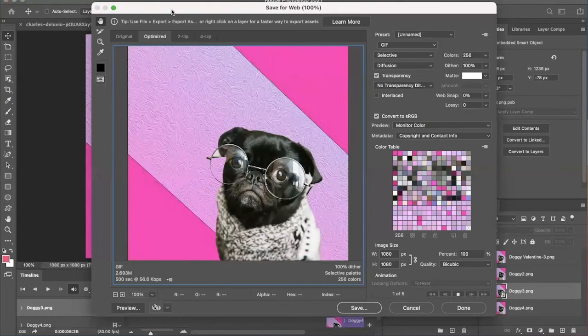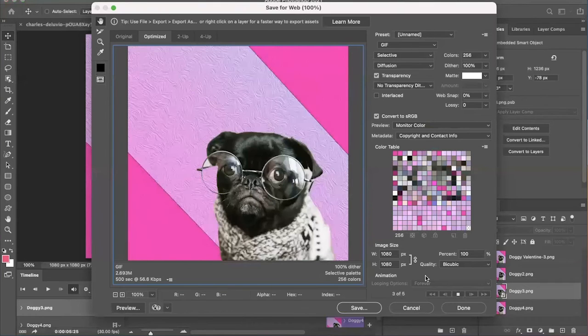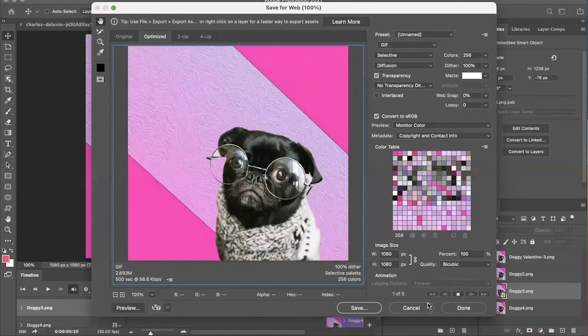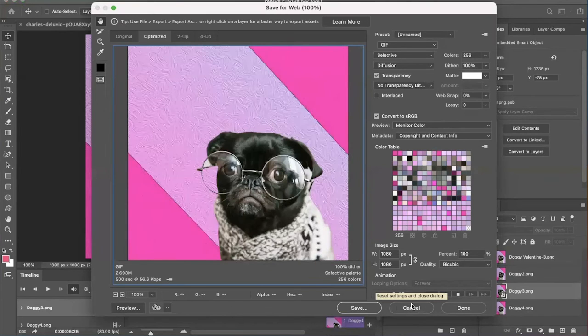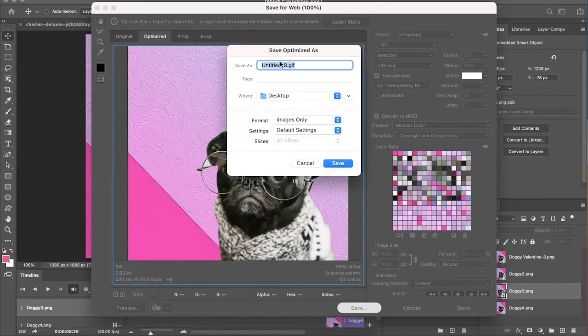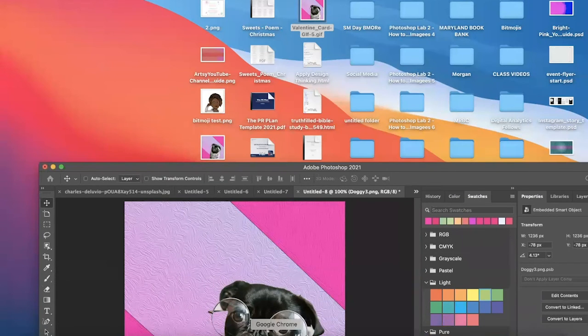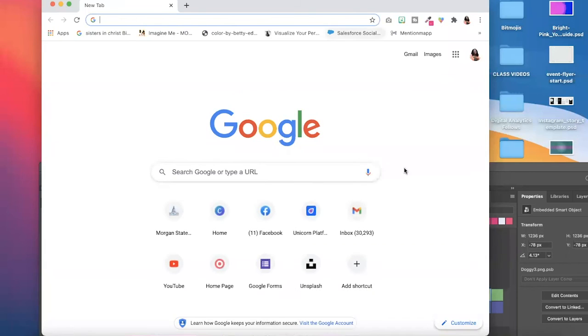So once you have your GIF exported, so I'm gonna just say save, and you can name it Doggy Valentine GIF. Save, and then you can go into